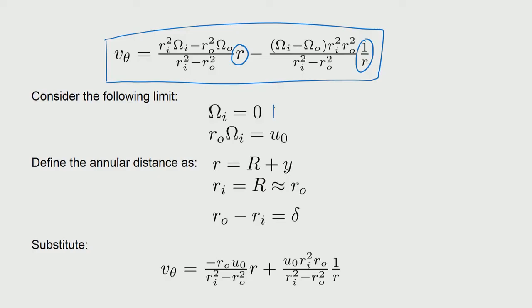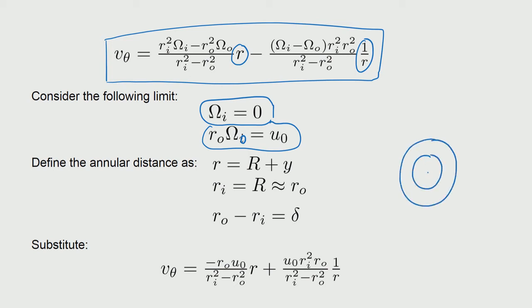So, we want to make the simplification like this. First of all, we want to consider that only one of the walls is actually moving, just to make it simpler. So, omega I is taken as 0, and for the outer wall we want to determine the linear velocity and give it a symbol, u naught. Okay. So, r o omega o is u naught. Now, the annular distance is being defined in the same way like we have done earlier. Earlier it was r I and r o. So, we want to define the distance as follows: this is capital R, and from here onwards it is basically y, and the total distance here is delta.